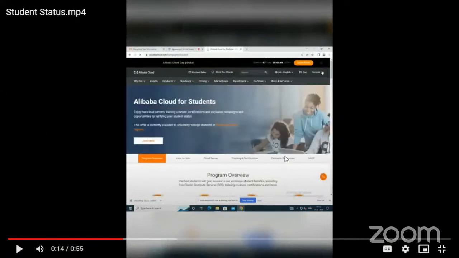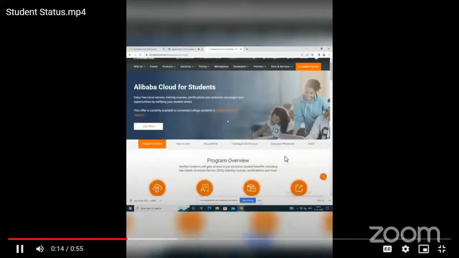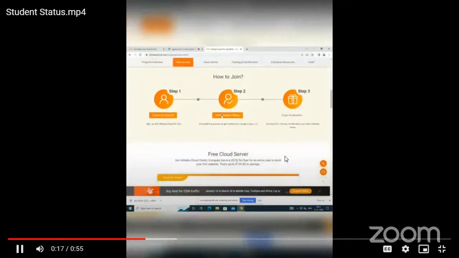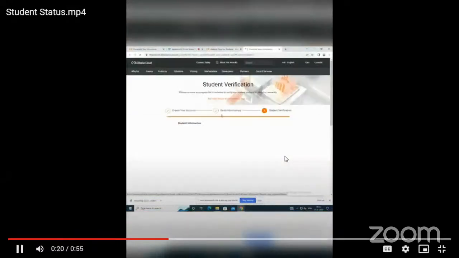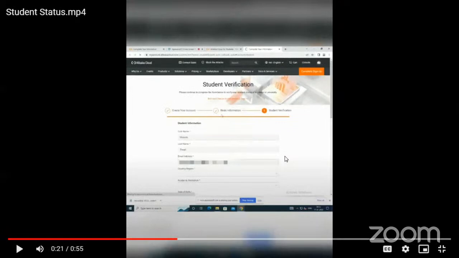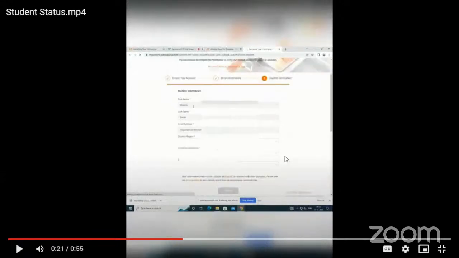As you can see, this was the portal. I'll go down and click on verify student status. It will ask for your details like name and email address. As you can see, you cannot edit your email address later.